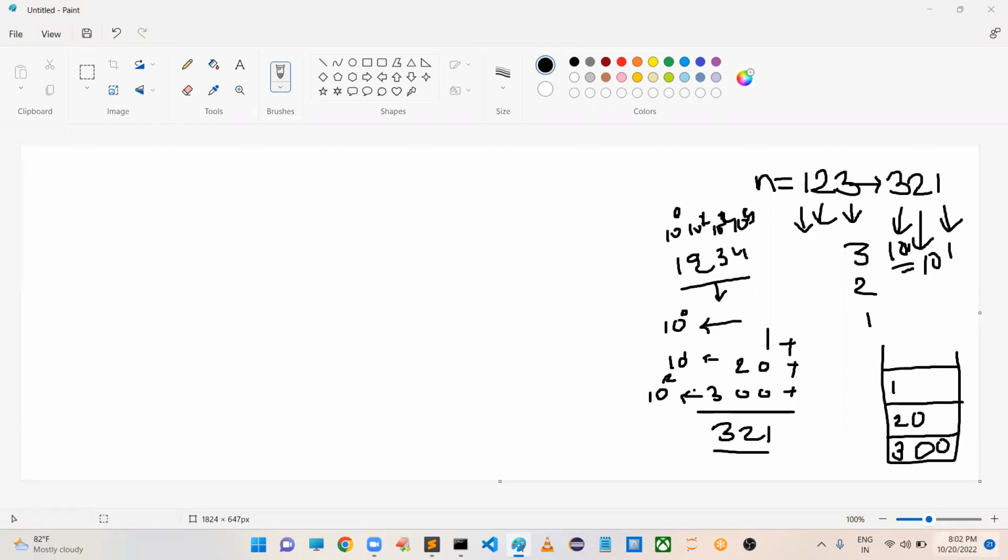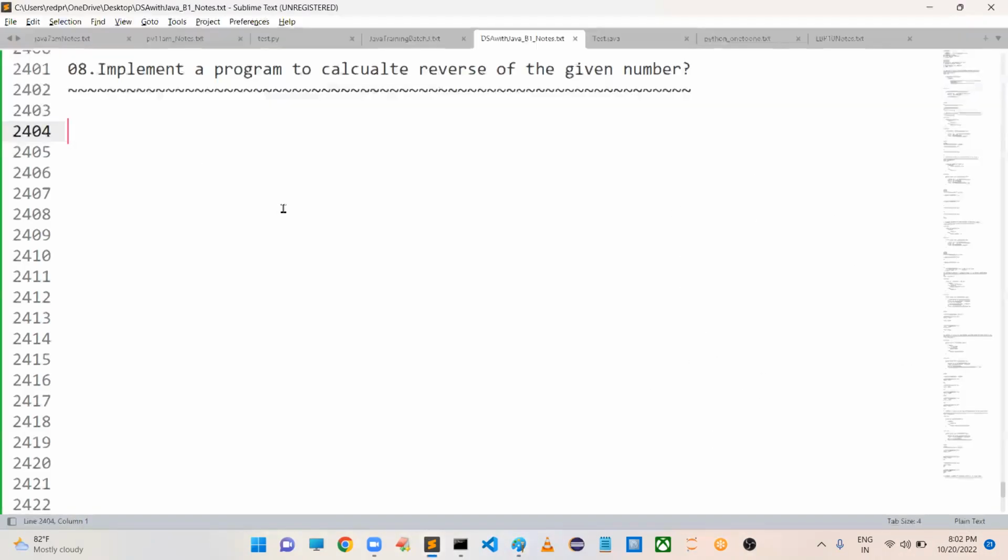Right, sir. First I will construct a formula for this. What is the formula? Very simple, sir. First, we have to extract the digit. That I know, n percentage 10. Whatever digit you have extracted,